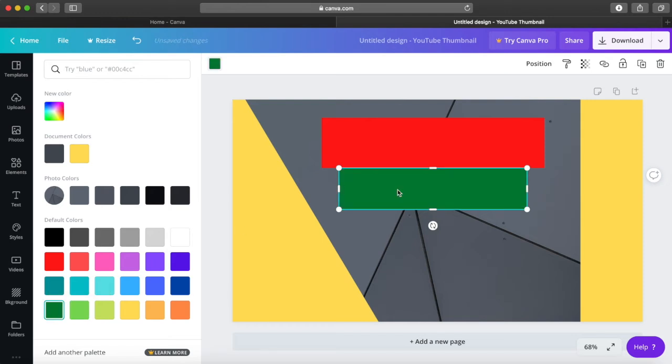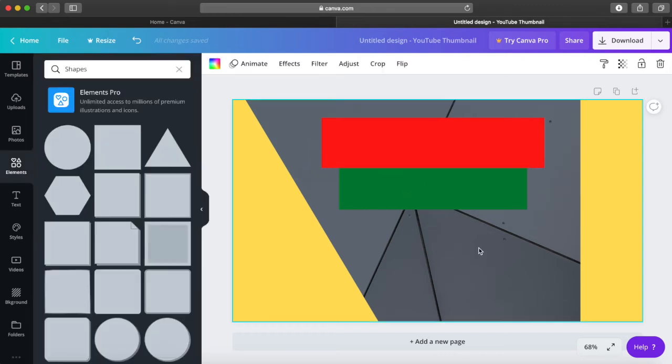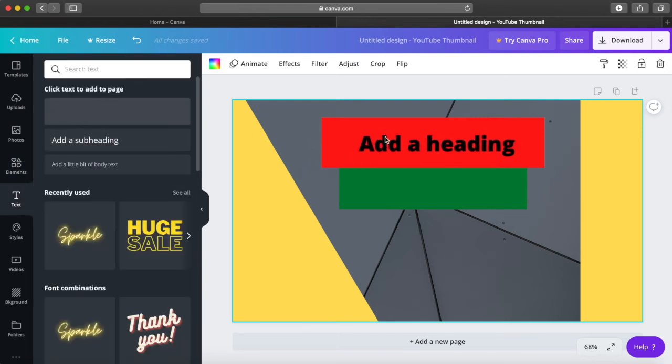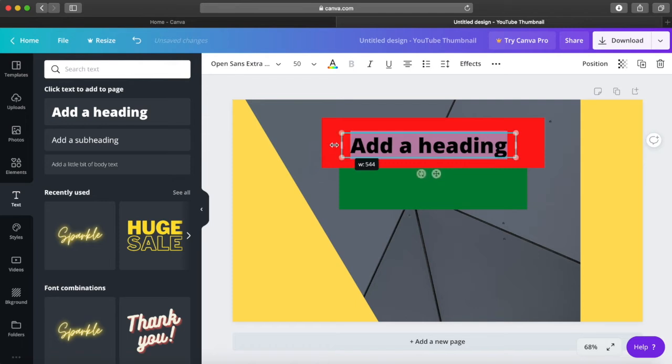And remember this, always try to select yellow, green, red, blue and black and white. These are very eye-catching colors. This is a tried and tested method. There has been a lot of research on this, and they say that these are the most eye-catching colors, so you should definitely use them.